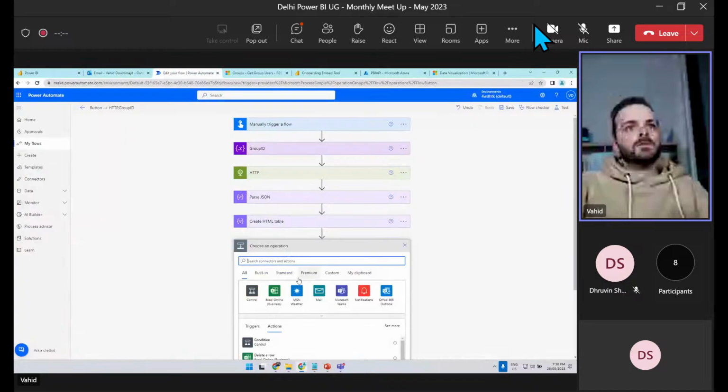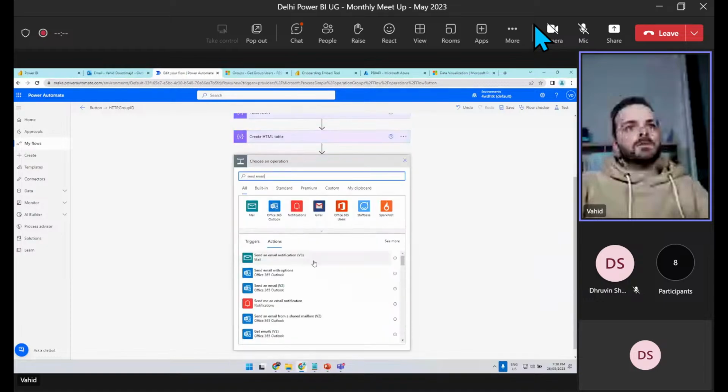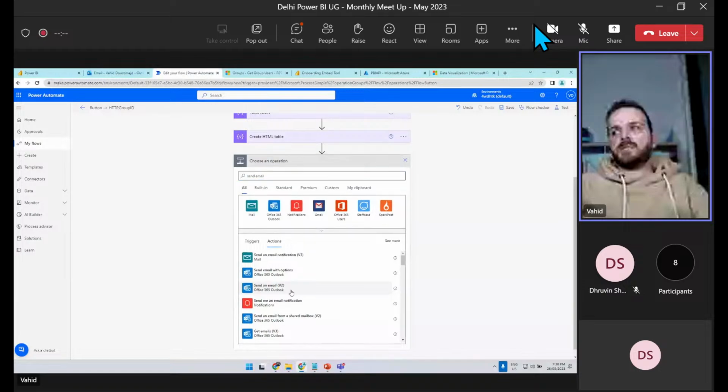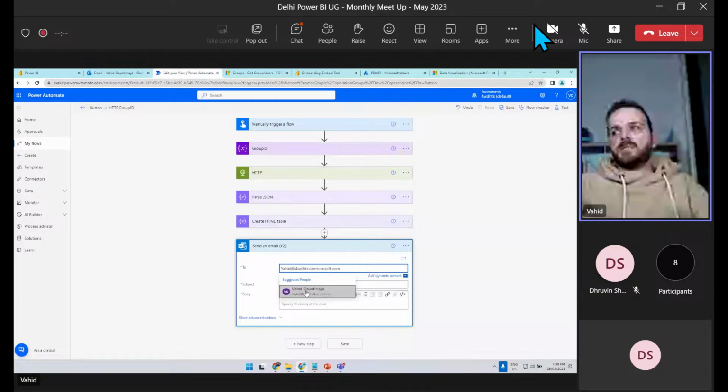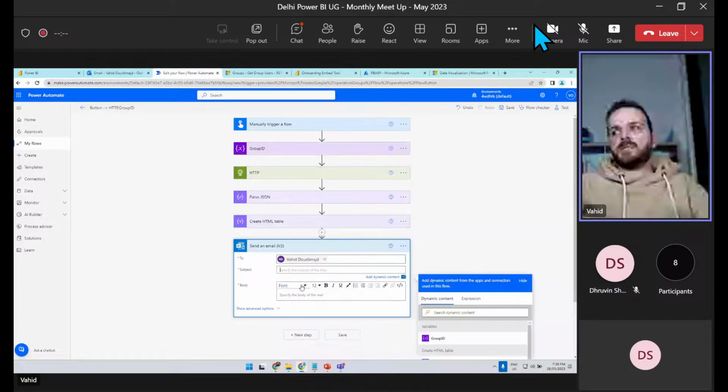Now I can email the output here. So the new step is Send email. If I search for that one, we have two options: Send email v3 and v2. If you use v3, you will receive an email from the default email address, which has been created by Microsoft, but there are some limitations there, 100 emails per day, I think, or 100 emails per hour. But I will use Send email v2, which will use my email address to send the email to other people. So I will add my email address there, select that one, and the subject, users